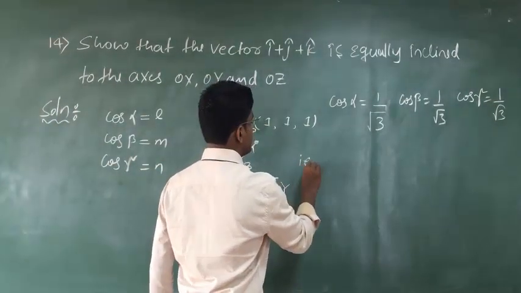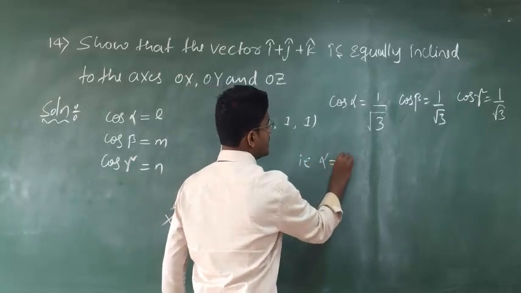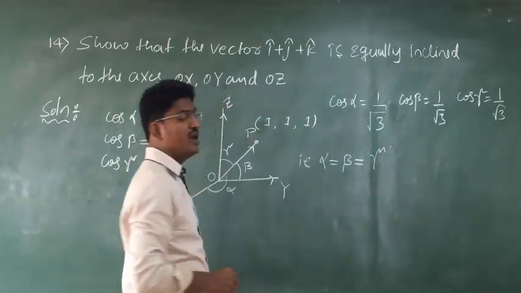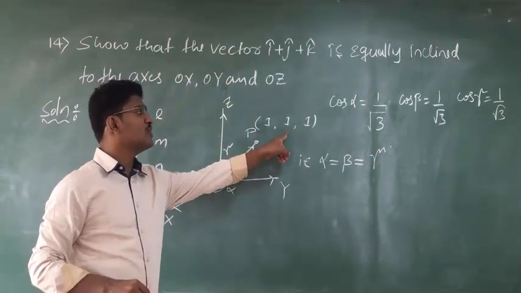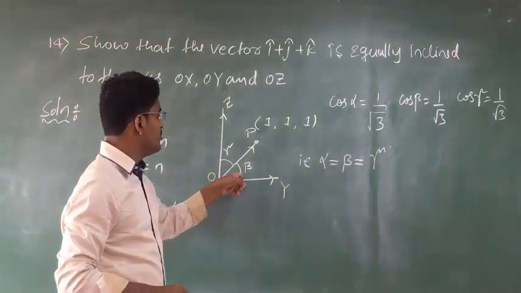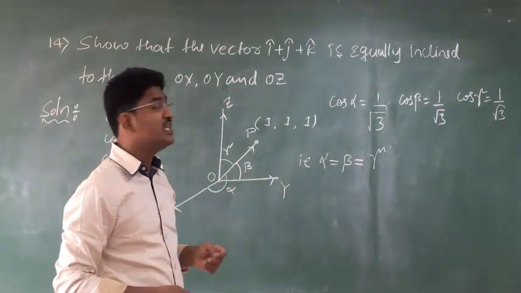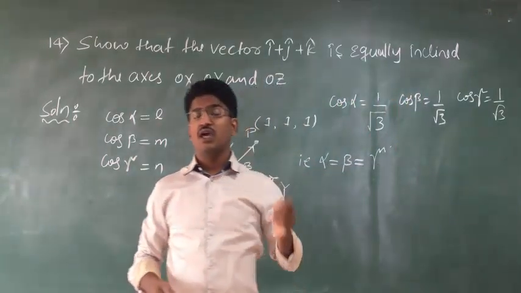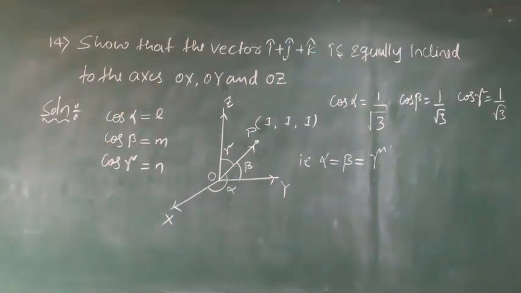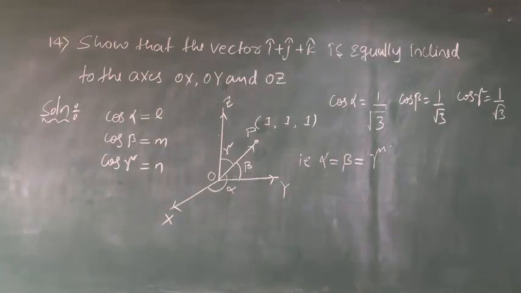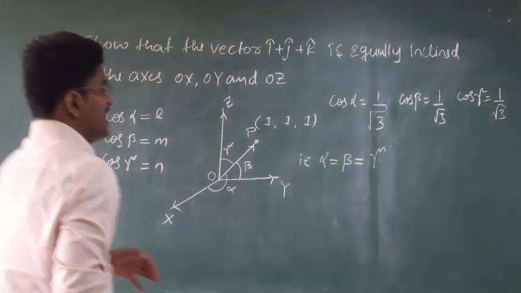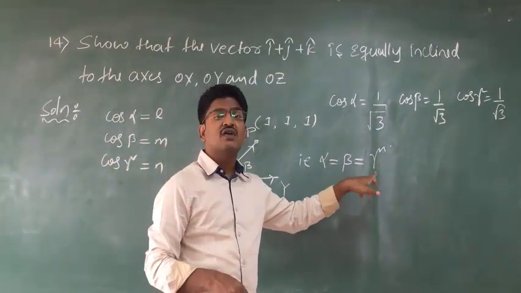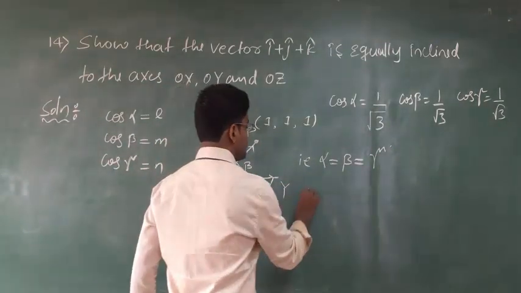That is nothing but alpha equal to beta equal to gamma. Because you have 1, 1, 1, alpha, beta, gamma are the same angles. So by taking the help of these terms, you can say that alpha equals beta equals gamma, hence